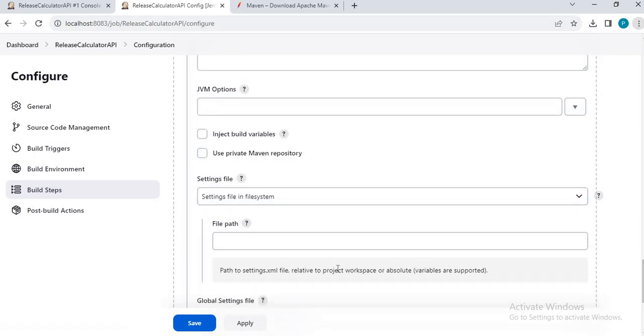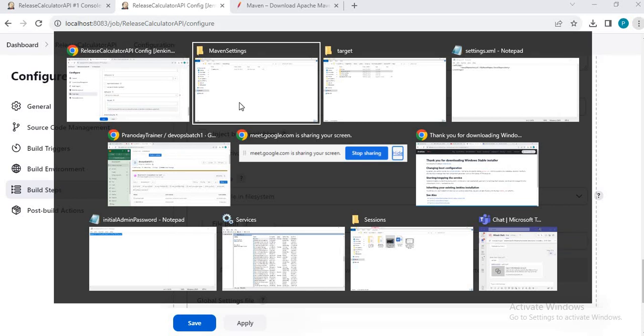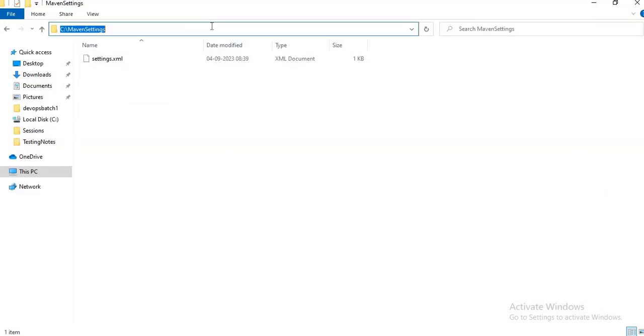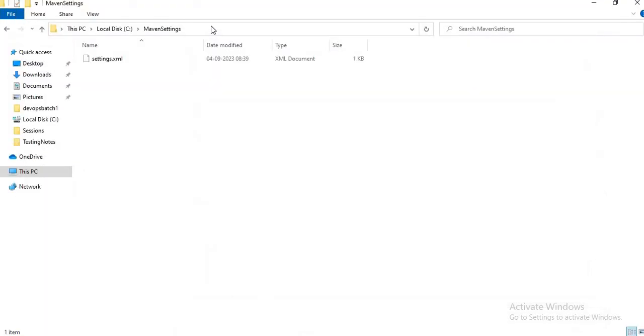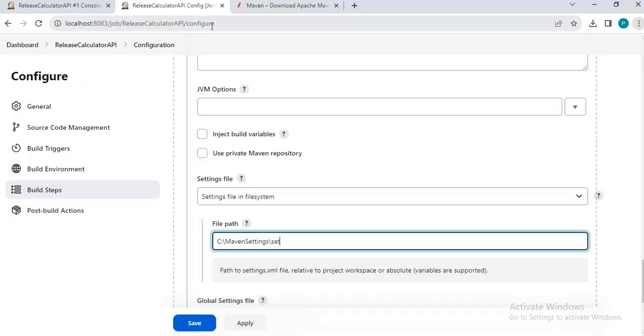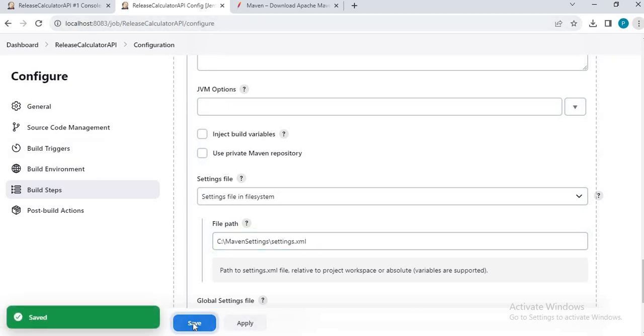See here, relative to the project workspace, or an absolute path also we can provide. So I would say settings.xml. Let me click on apply, save.